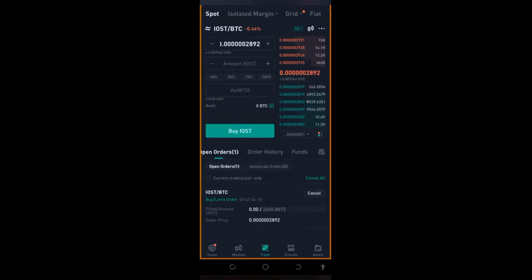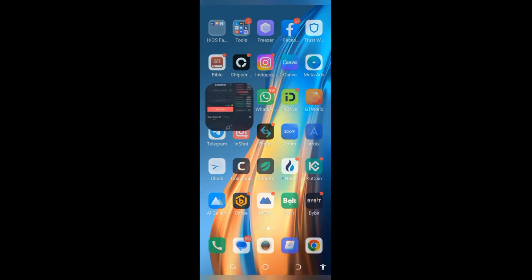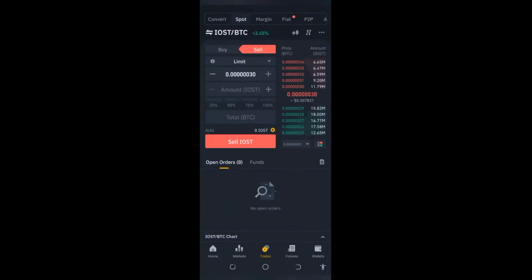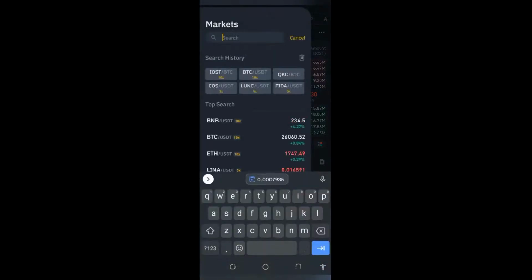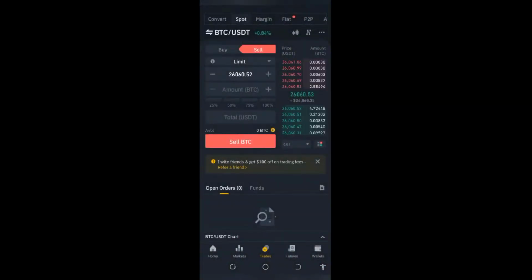But first of all, I'll be back. But let's just go and see if I sell this, what is going to happen, right? If I put this here, I know I'm going to make profit. Don't forget, you need to take care of all of that. This is going to be a good profit if I'm able to get this sold. So if I go to BTC and then I sell that, it's going to be good. And all my transfer fees, I think, were just like 7 cents. So we're good. But first of all, we need to go back and see whether this is going to work out in